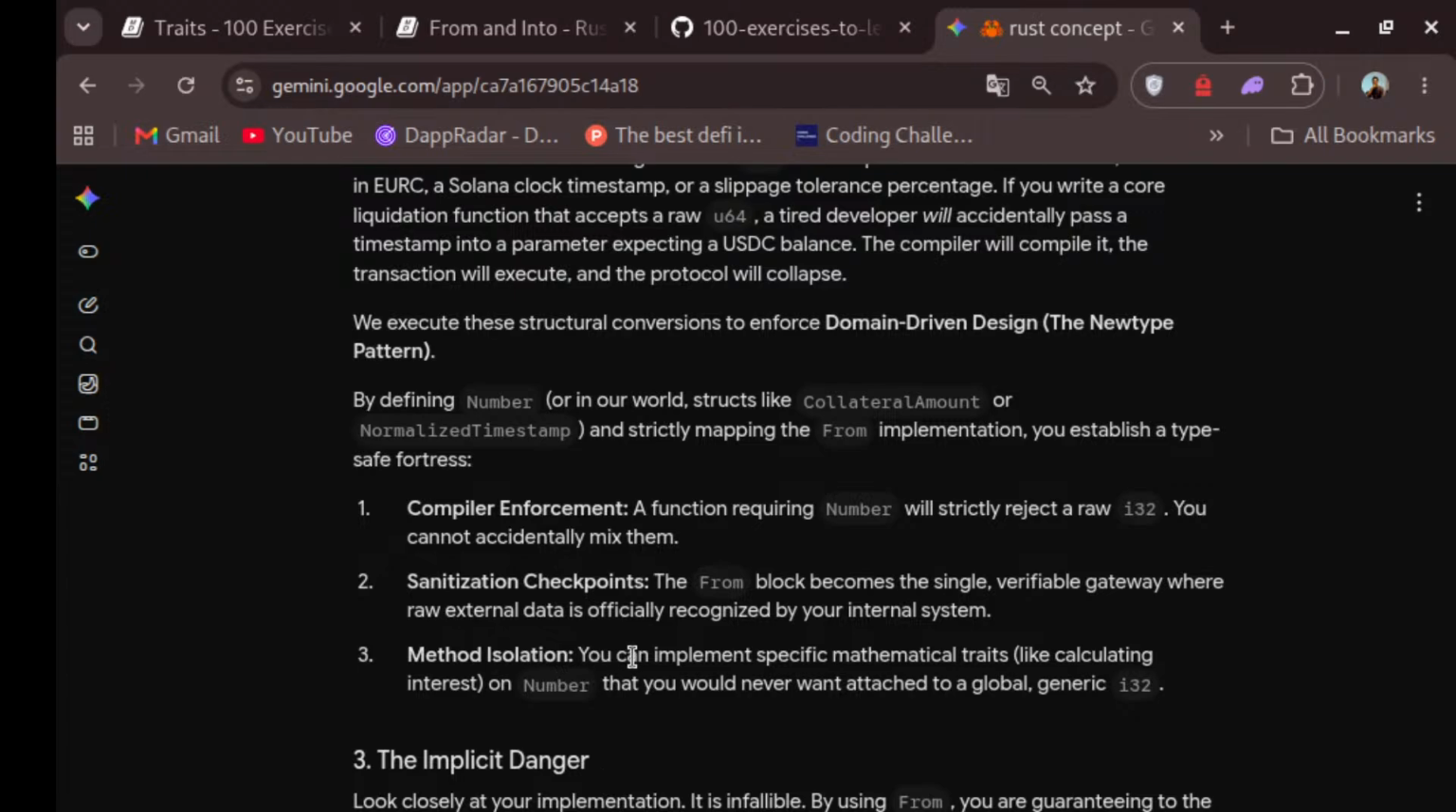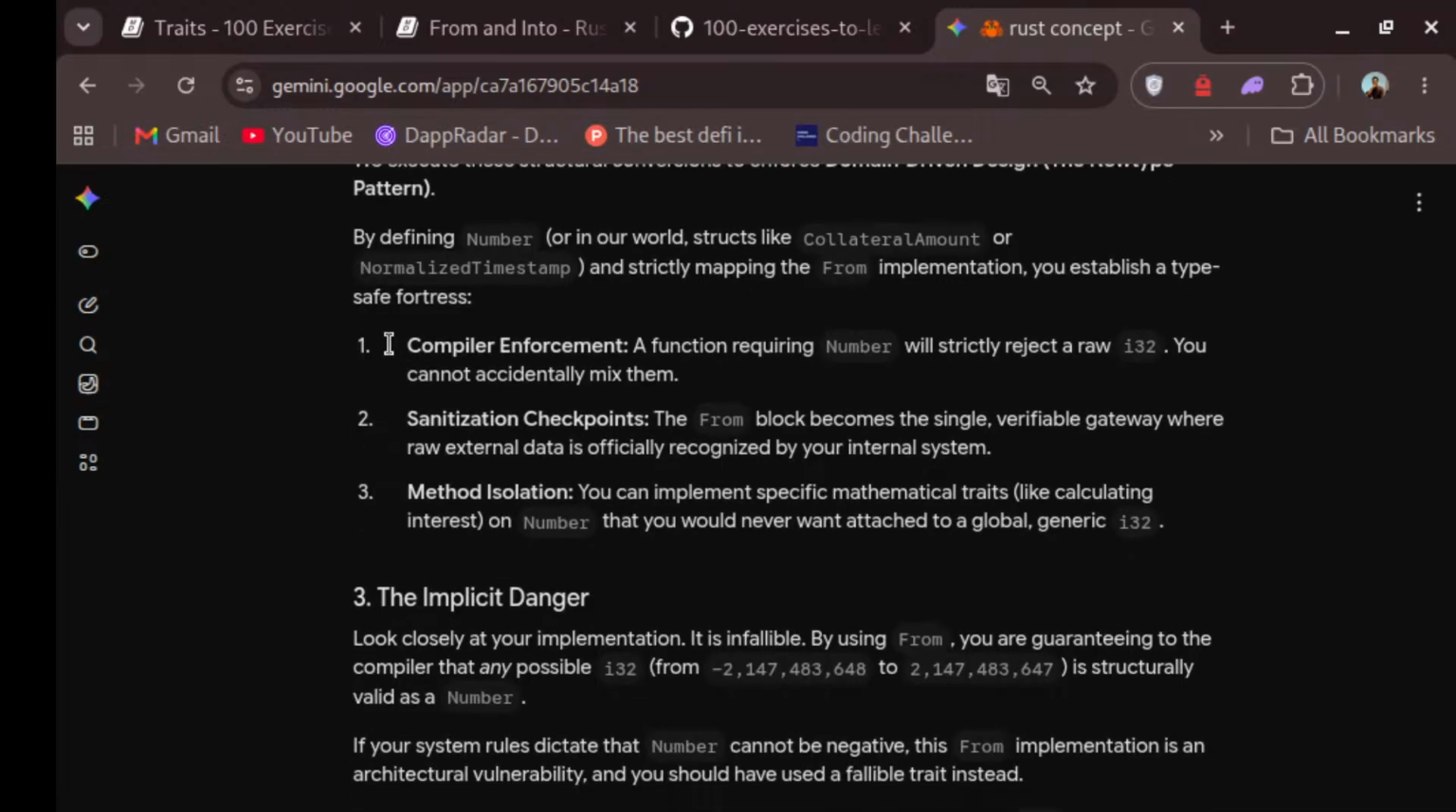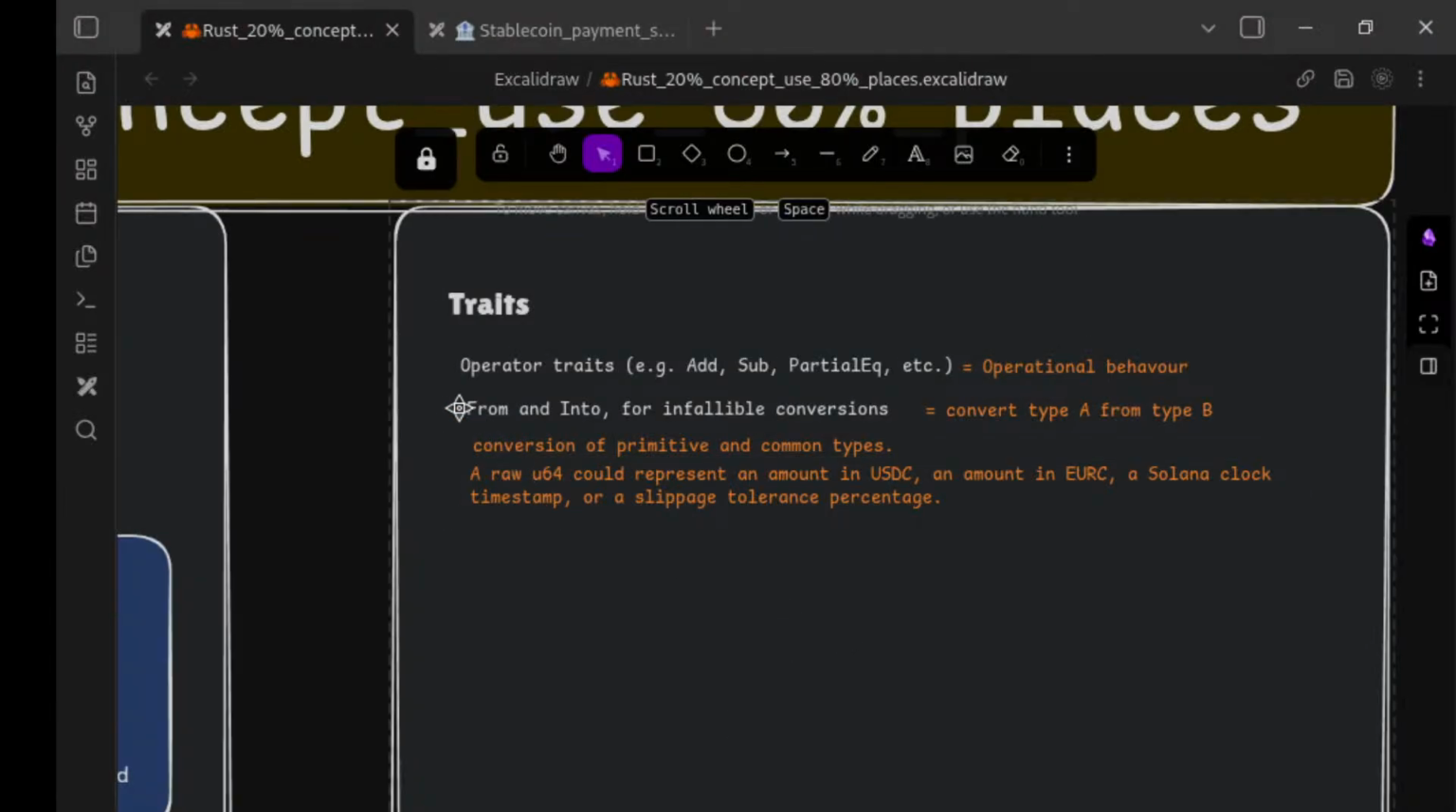That means method isolation. You can implement specific mathematical traits, like calculate interest, on a number that you would never want to attach to global generic I32. So the moral of the story is